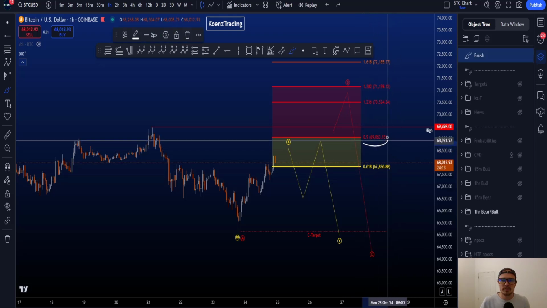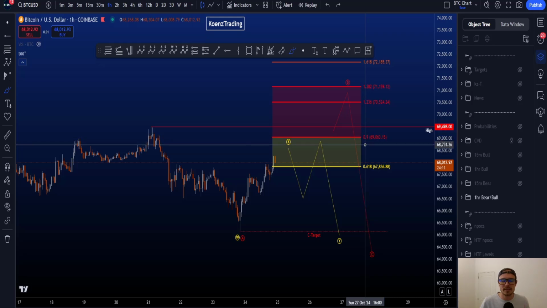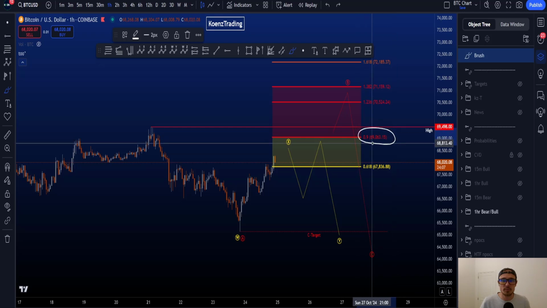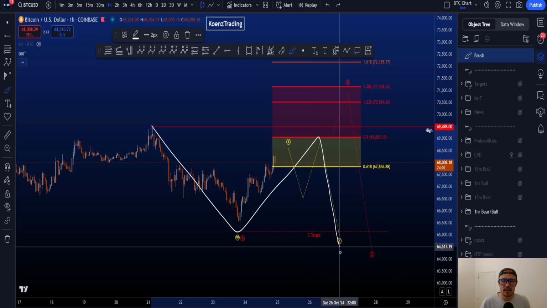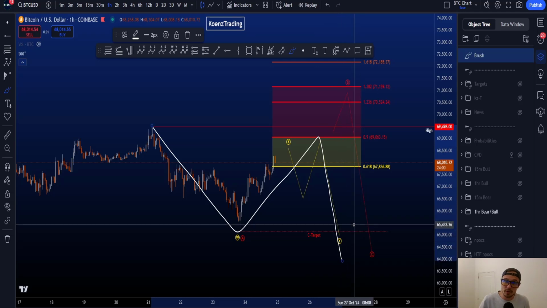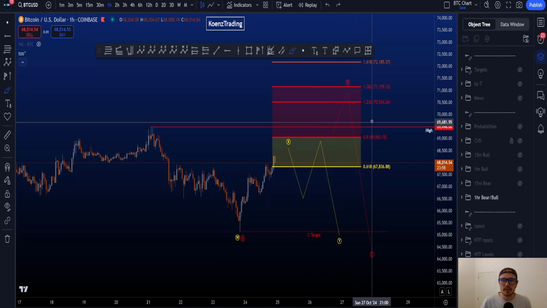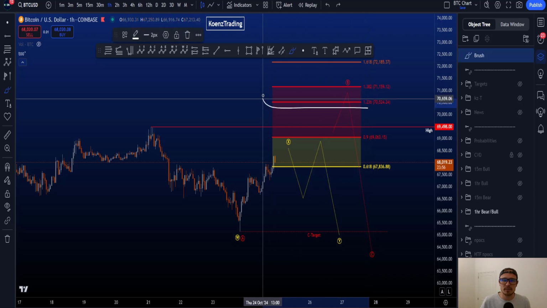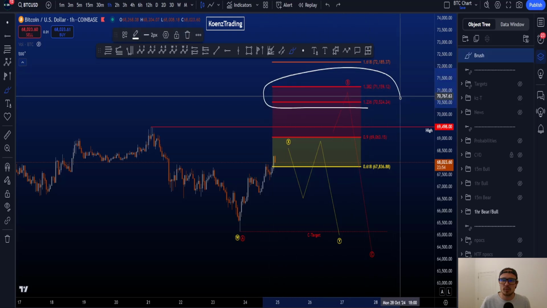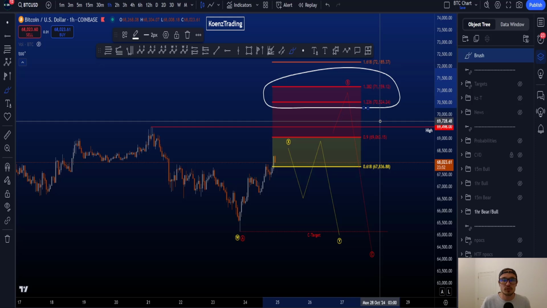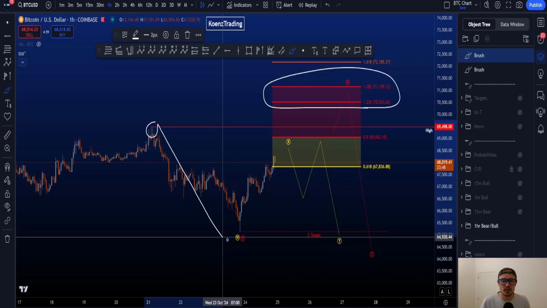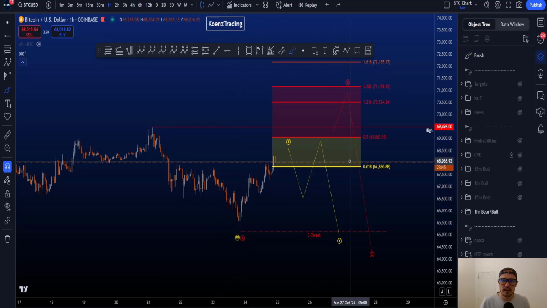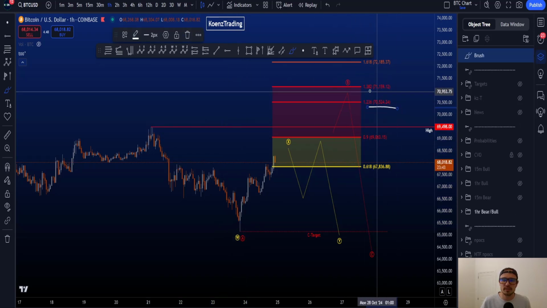The moment the 0.9 is hit, we get in the territory of a flat structure. The 0.9 is a common target for a regular flat, which is a 3-wave A, 3-wave B, and a 5-wave C. However, the most common flat structure is an expanding flat, and in an expanding flat, your wave B moves to the 1.236 to the 1.382 Fibonacci taken from the start to the end of your wave A, giving you a target between 70.5 and